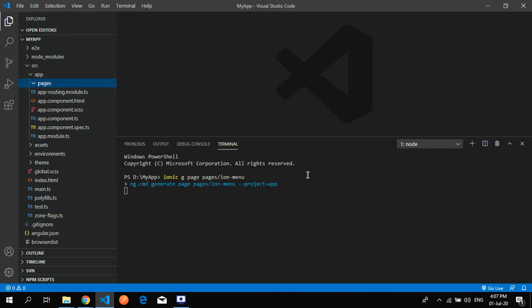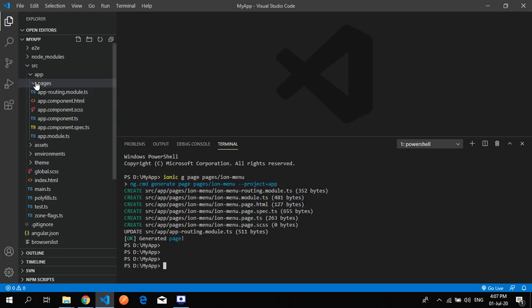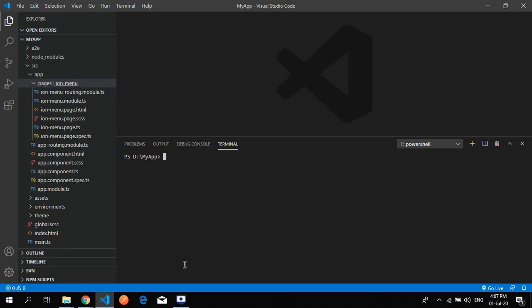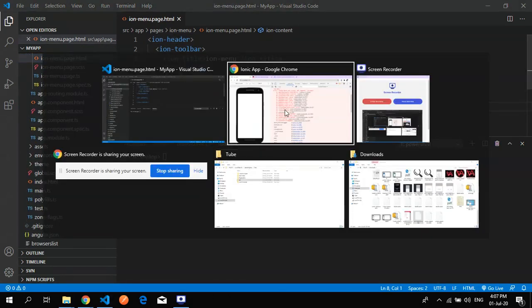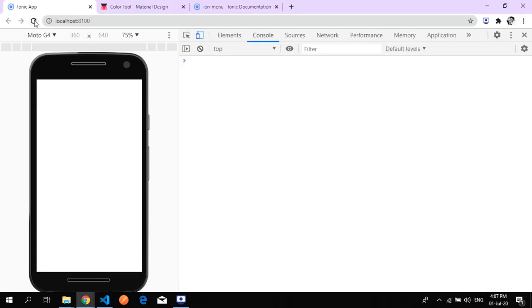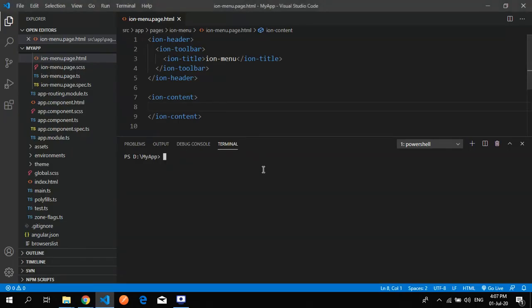So let's see. Okay, I don't know why it is taking so much time. Okay, yeah, it's generated. So let's browse it. This is our page, and once we save it, can we see anything? No, we cannot see anything